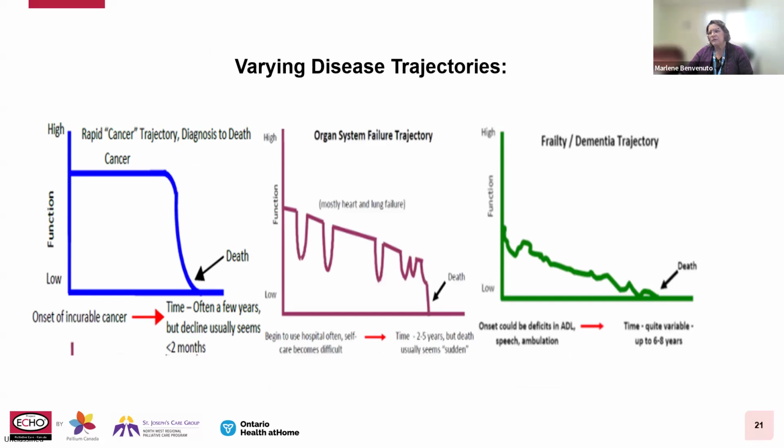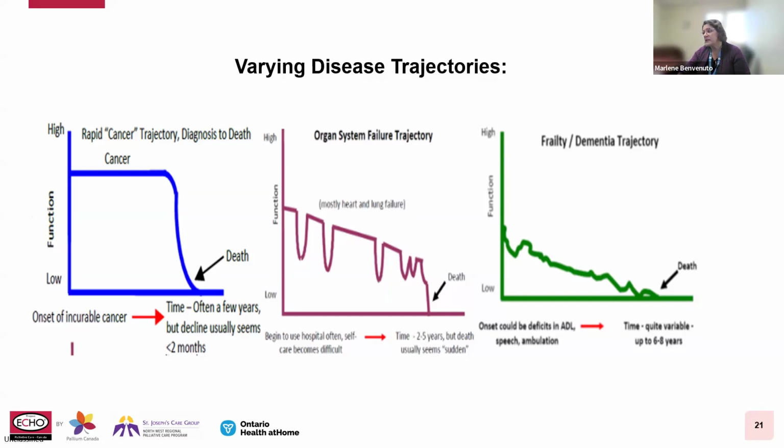So on the left with the cancer, that's more of an incurable cancer. It can be of a rapid or predictable decline, metastatic cancer. I have to say that with this graph, this time frame can be a few years, but when they decline, it's a rather quicker decline. You can see by the